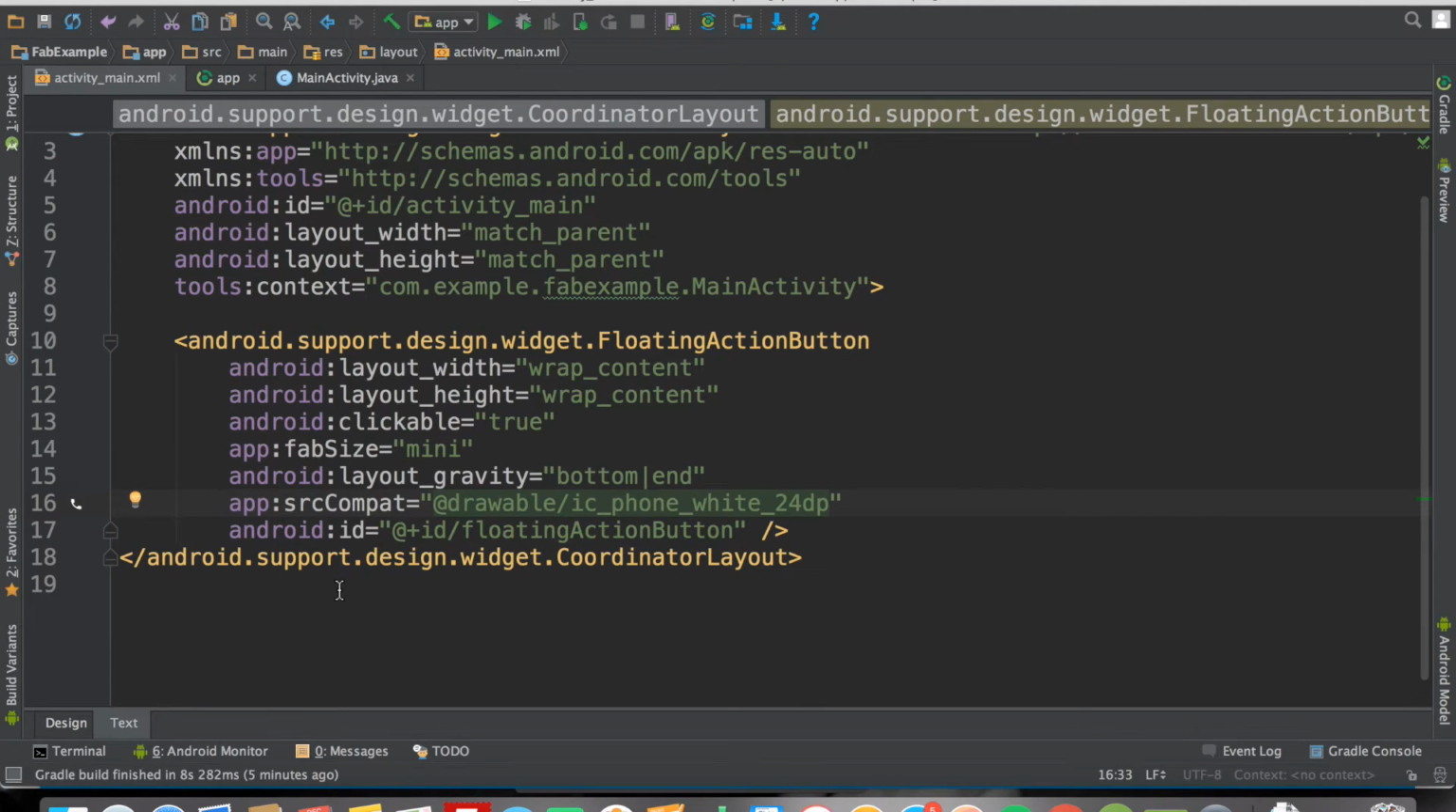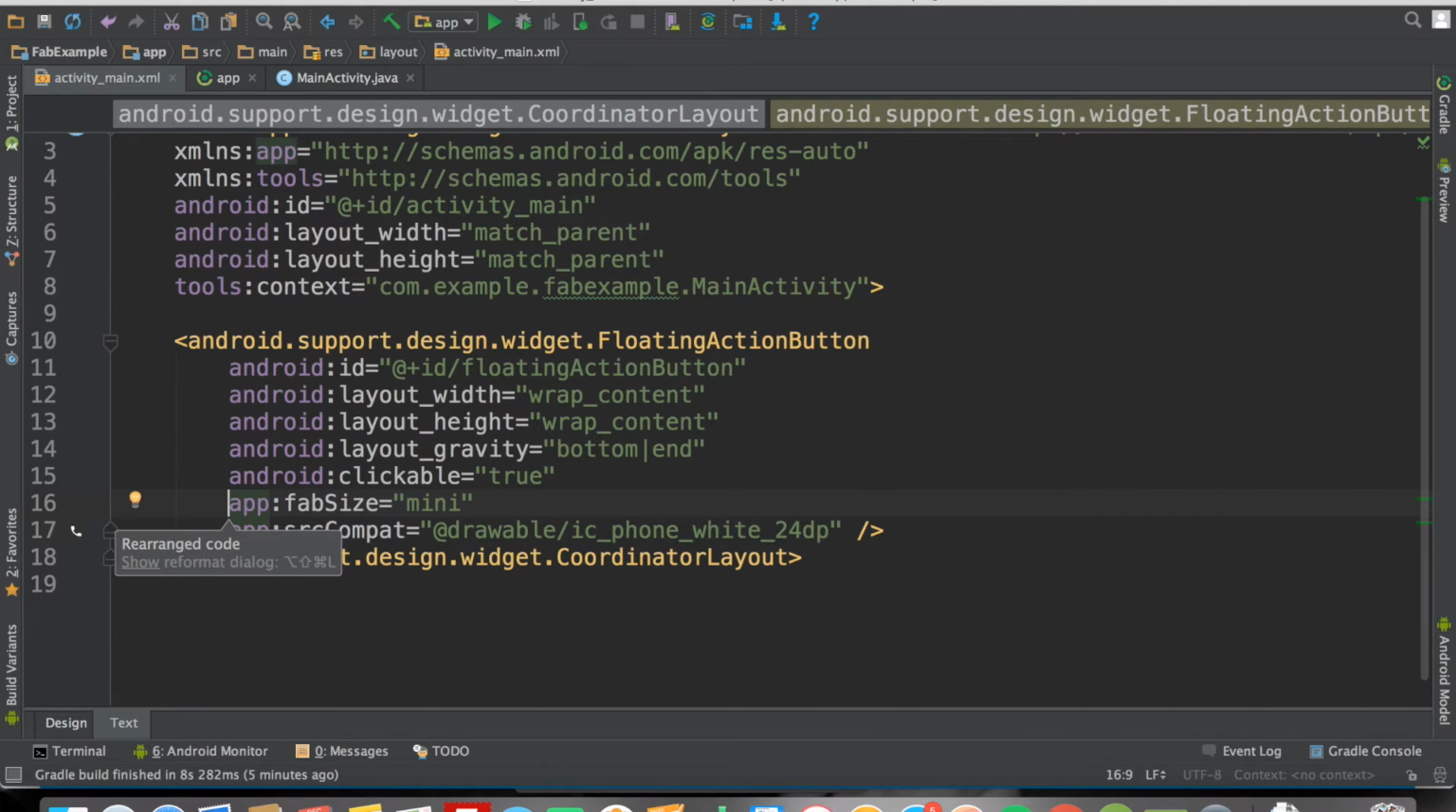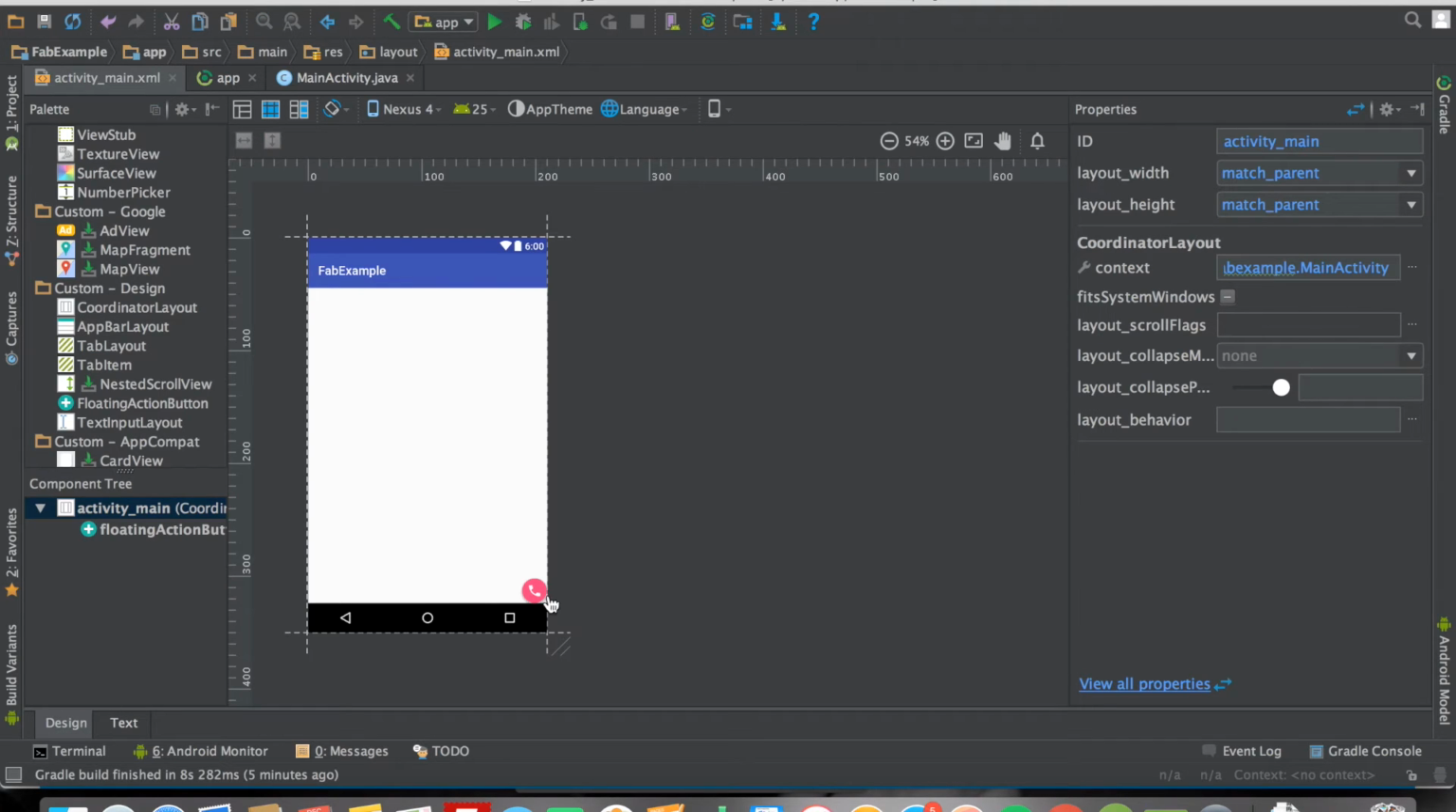Okay, let me reformat the code. Great. So let's go back to design, and you can see the button is positioned just the way we want it. Next is we need to